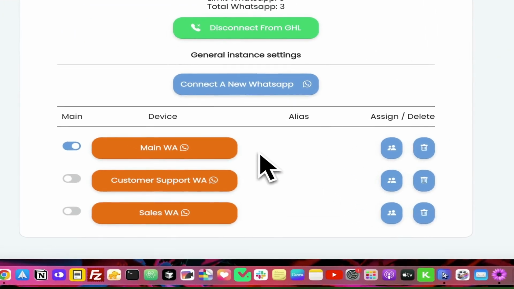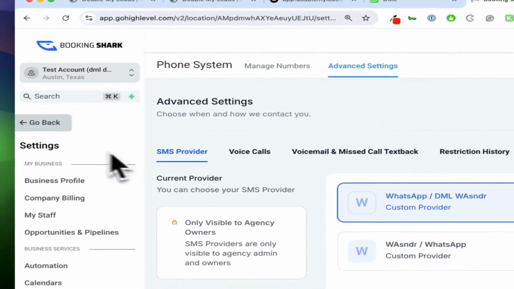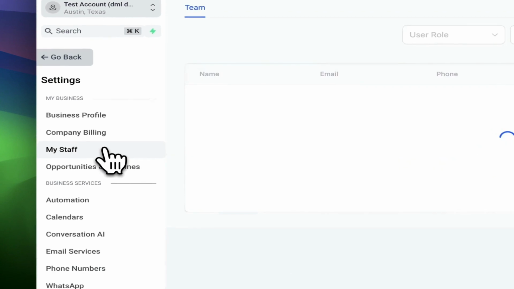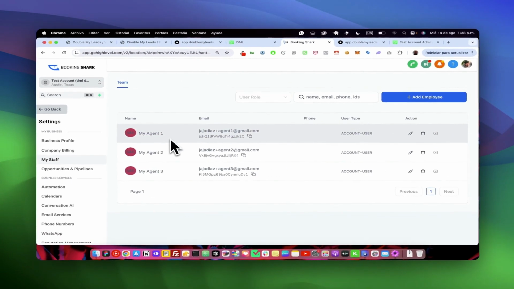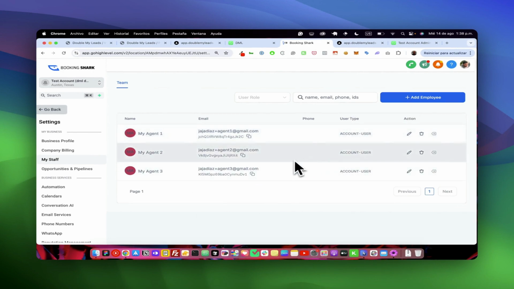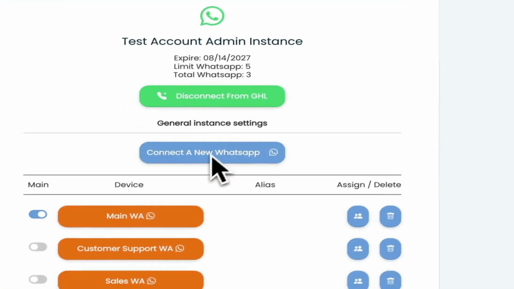The main device is whatever message you receive from this WhatsApp, it will appear to all the users in your sub account. In my sub account, I have here in settings, in my staff, all these users. I have 3 agents, agent 1, 2, and 3. You need to add these users to your sub account if you don't already have them, and then you can assign